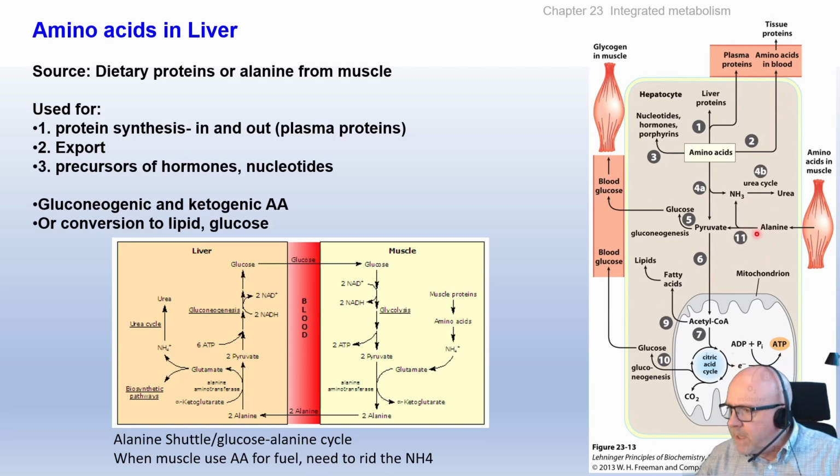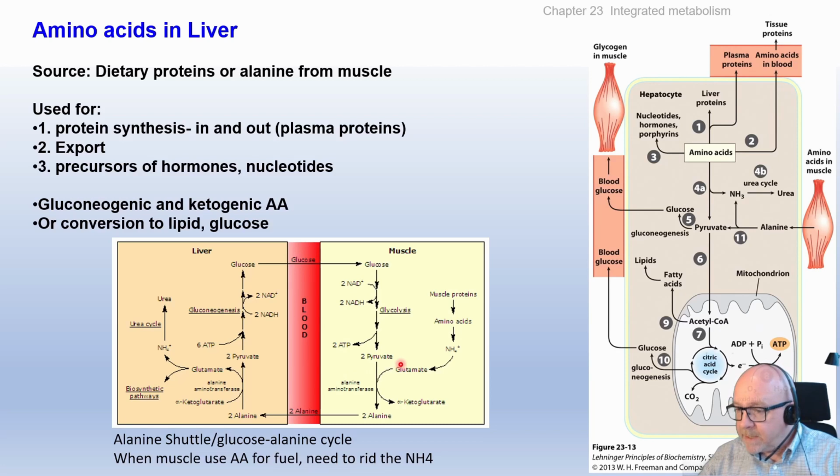So the final point on this slide was the amino acid function in the liver, and sometimes the amino acids are coming from the muscle. So if the muscle is, we can look from this part here over here. It's a bit more clear, I think. Muscle proteins broken down to give energy ends up with a buildup of ammonia, and then there's an enzyme, alanine